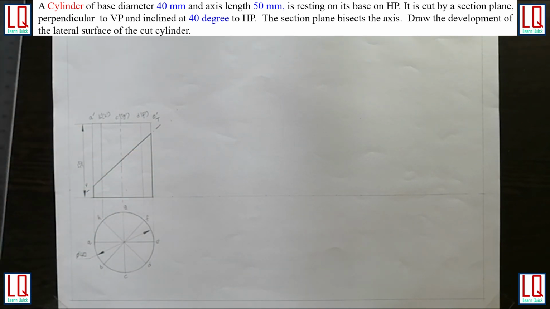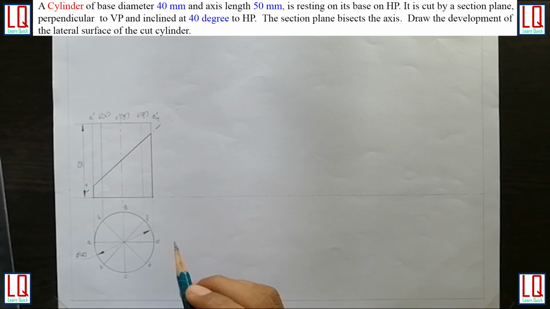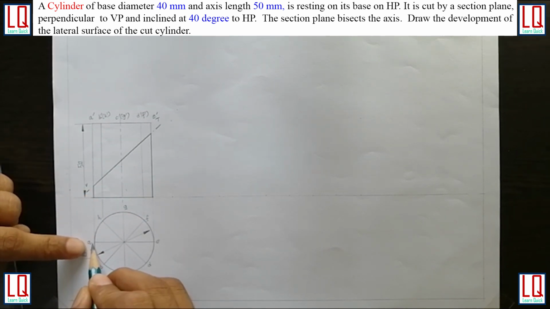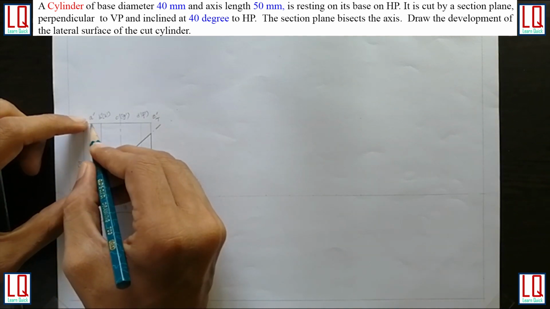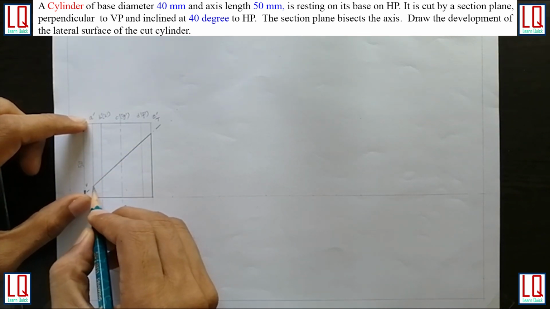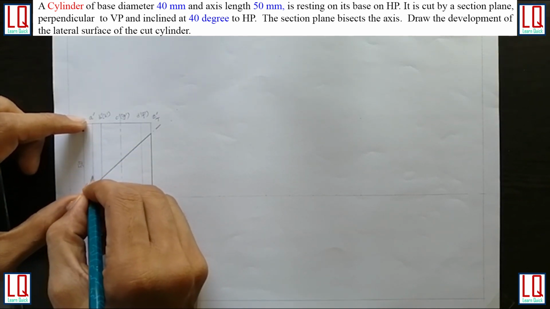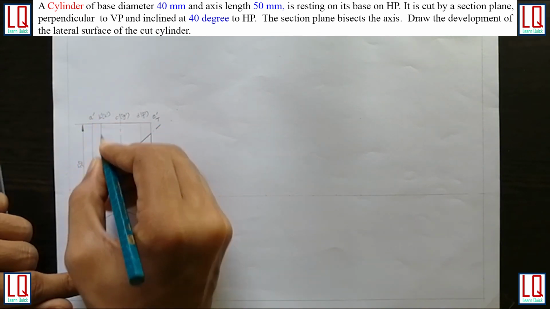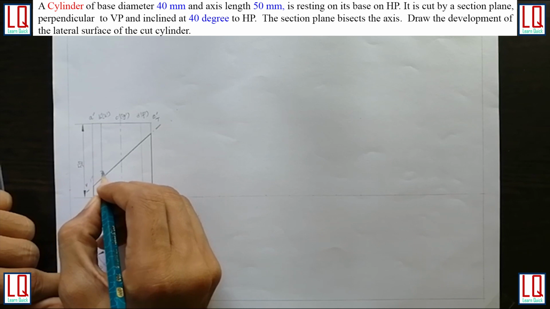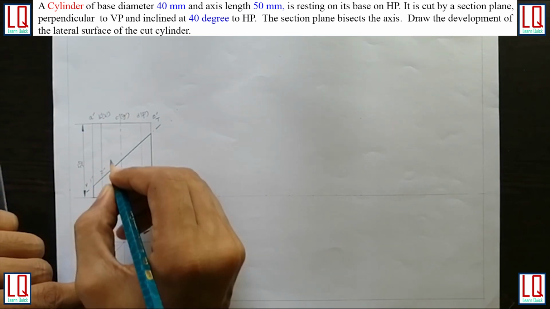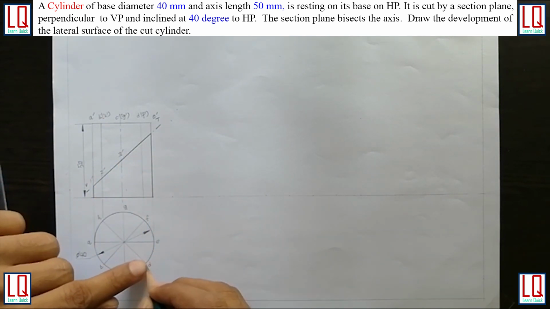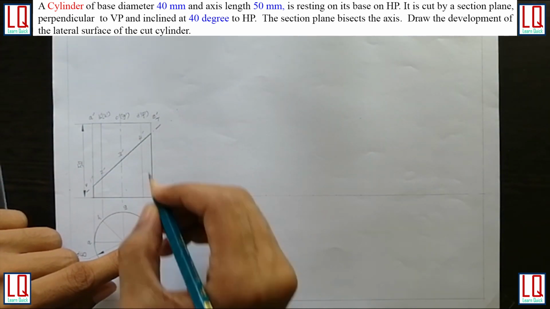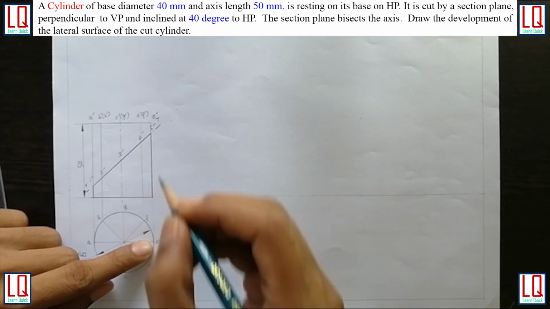So now we will name the cutting points. First we will start with the left extreme generator A. I have to see the generator A has been cut here. So I name it as 1 dash. Next I have to see generator B. Generator B has been cut here. This is 2 dash. Generator C is cut here, 3 dash. Generator D cut here, 4 dash. Similarly for E, it is cut here, 5 dash.